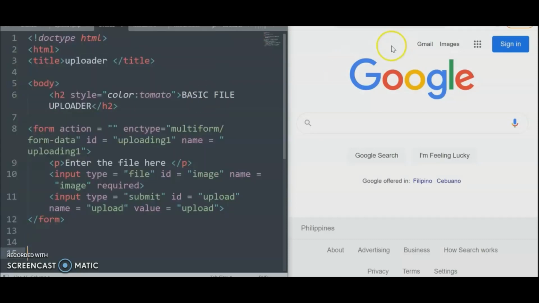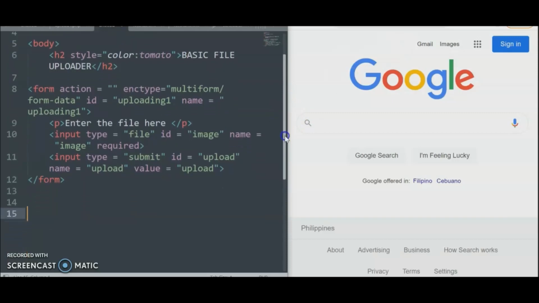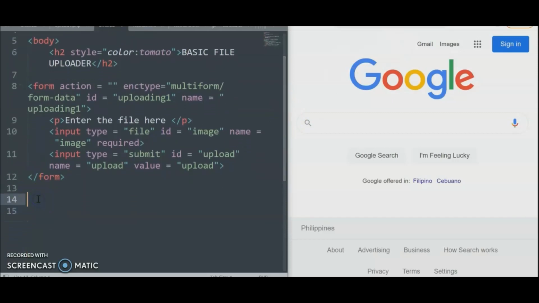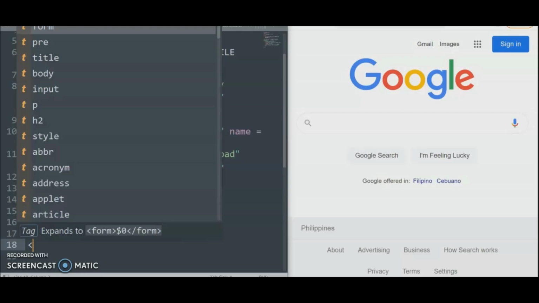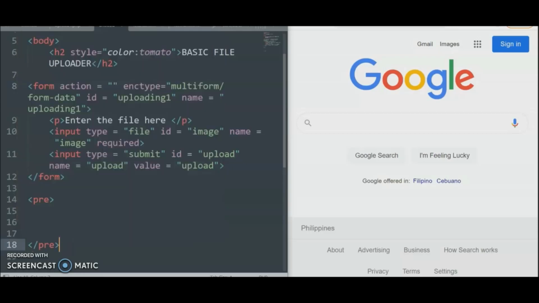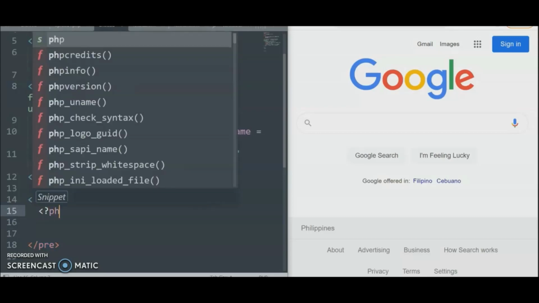So what's next? After this, we will now go to the main disk for the program. This is where we solve the problem. This is a panacea to all the requirements that we need to upload the program. So we start first with the array. The purpose of the array is to display the content of the requested files in your folder. So we have to use PHP,